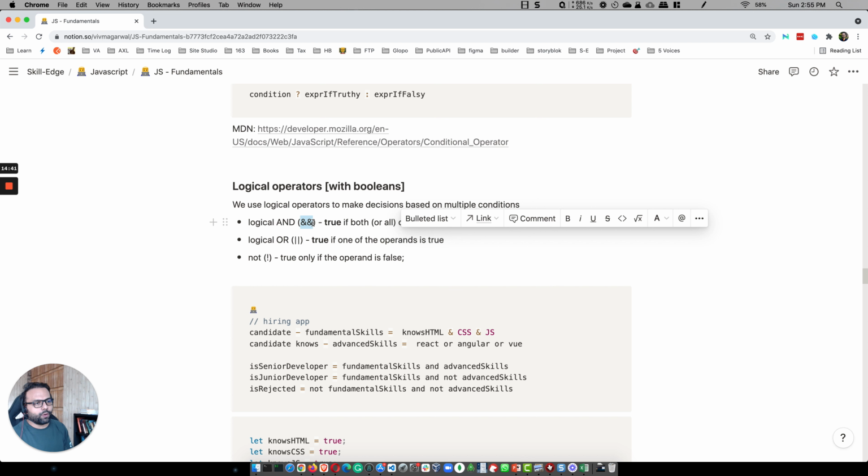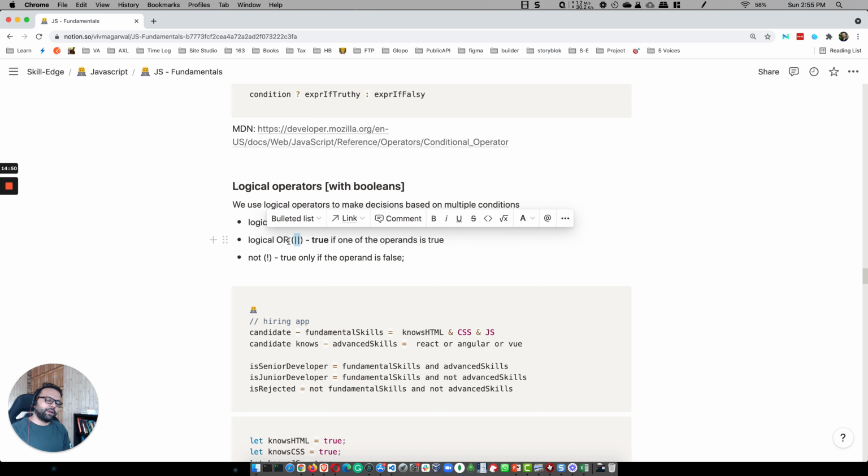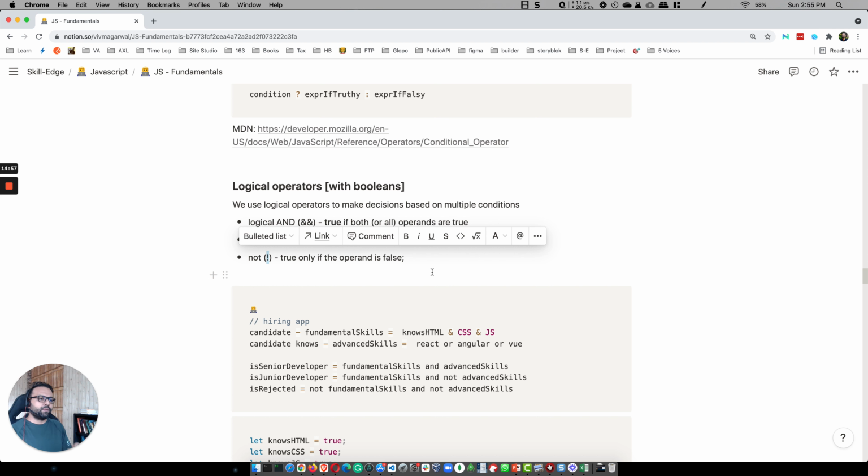Logical AND gives us true only if all of the operands are true, else it gives us false. And the NOT operator will return true only if the operand is false. Okay,